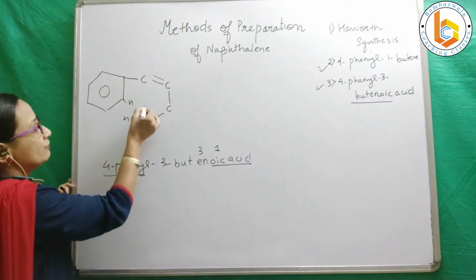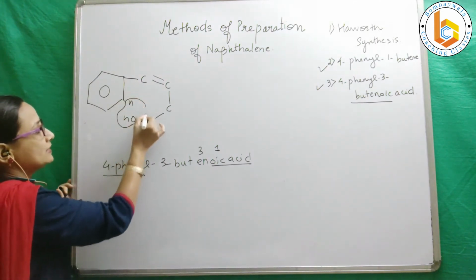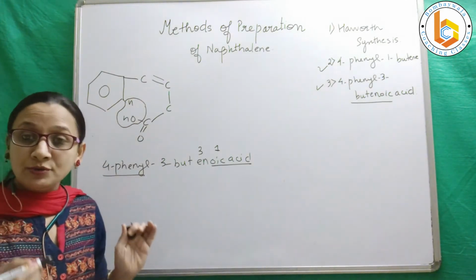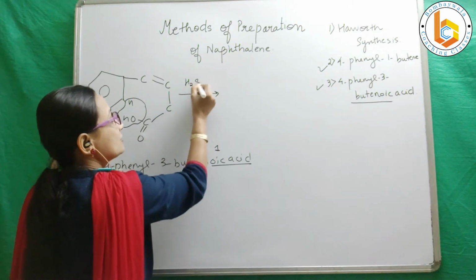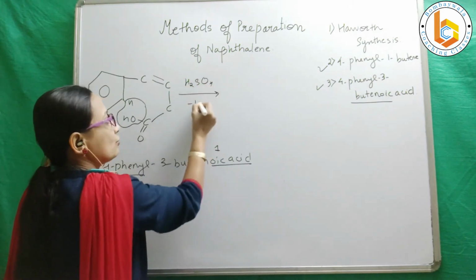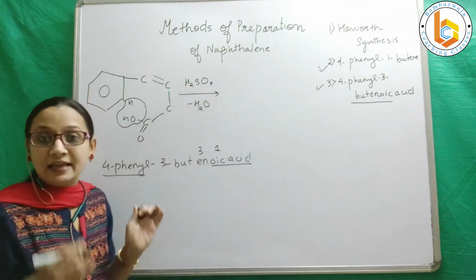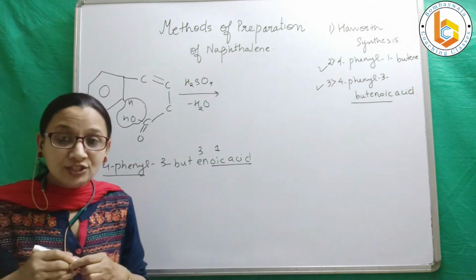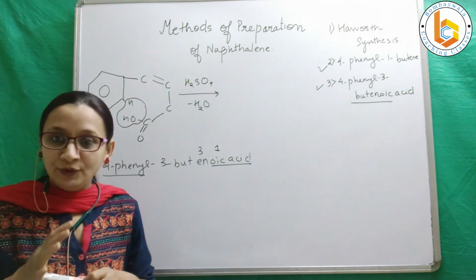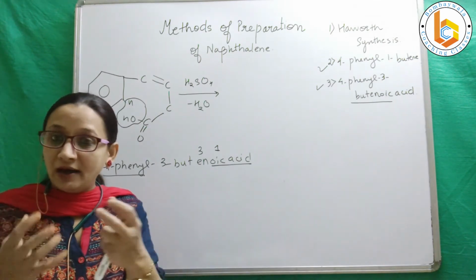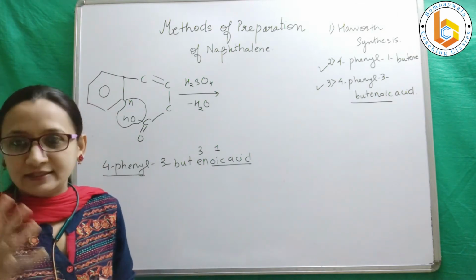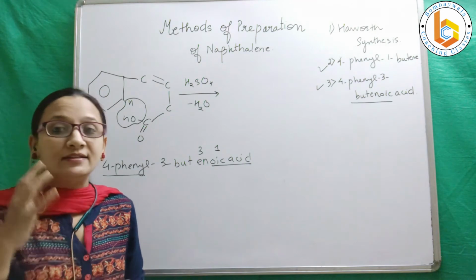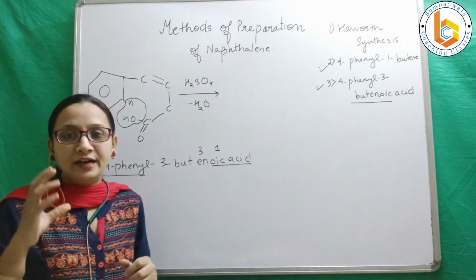This hydrogen, which is not seen but is there on the benzene, is lost. My dear students, you know that when we have to do dehydration, that is loss of water, we need a catalyst like sulfuric acid. OH is a very bad leaving group. If you want to take it out, you have to give it a bribe of sulfuric acid. That is the catalyst that is used for dehydration.